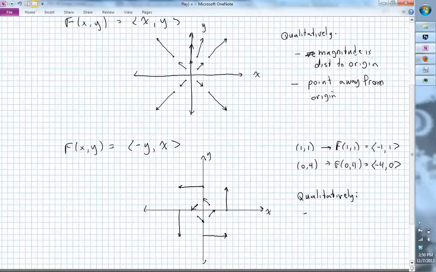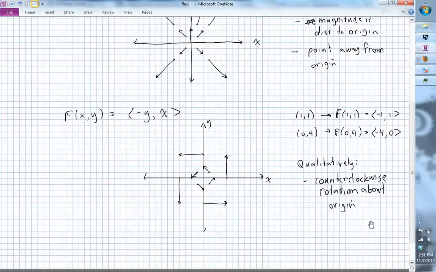Yeah, there's some sort of rotation, in a sense, around the origin. Counterclockwise rotation. Yep. Direction 90 degrees. So there's a counterclockwise rotation about the origin, and then we have the magnitude is proportional